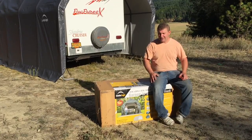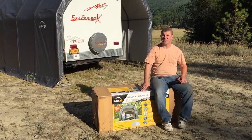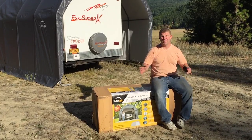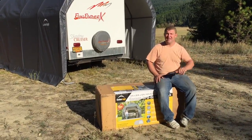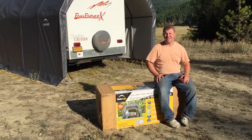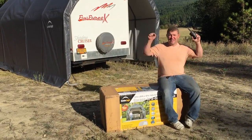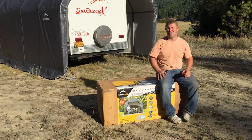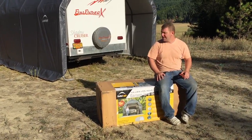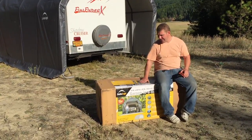So anyway, definitely a good piece. I think we paid $4.99 for this at Home Depot. Got us around having to deal with building codes for now. Got our RV dry. We got it up in a good afternoon between lunch and dinner. It's actually pretty movable. 2 people can get in the middle and lift it and move it. I'm not saying you can move it on a windy day, but other than that, definitely recommend it. It's going to help us out. So if you need something, look for something